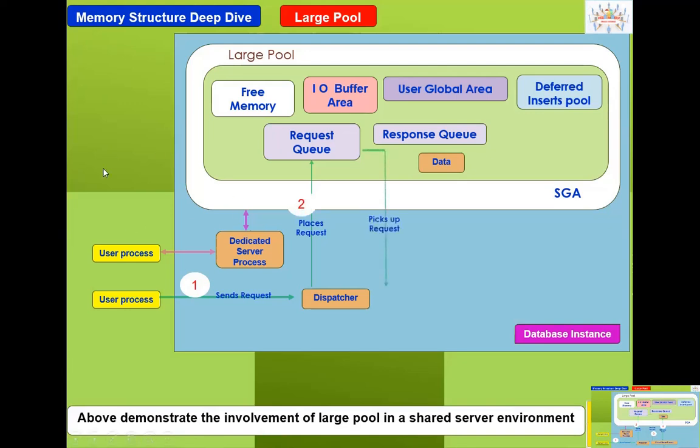Then the relevant shared server process, which is already initiated, will undertake the request. We can configure how many shared server processes there are. Undertaking the request means it will pick the request from the request queue. So there's a request: this user wants to connect, came via the dispatcher, and the connection request is in the request queue. In order of arrival, the server process will take that request from the request queue and fix the request. That is step number 3.